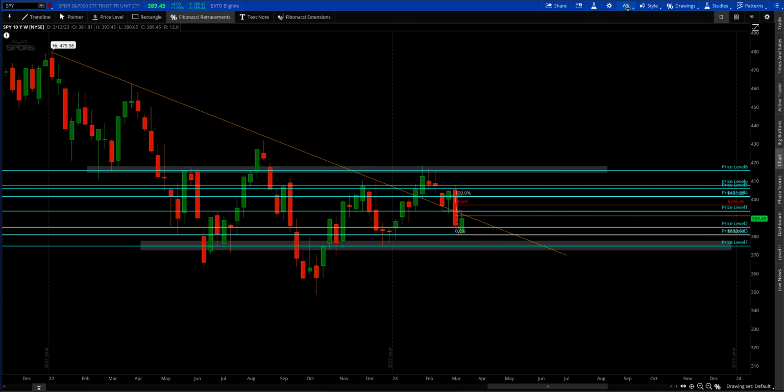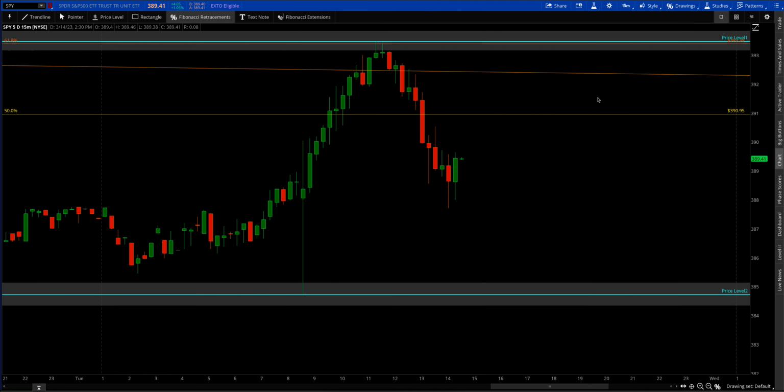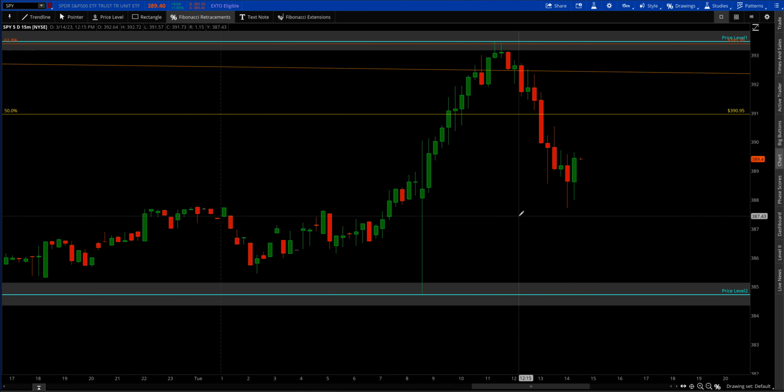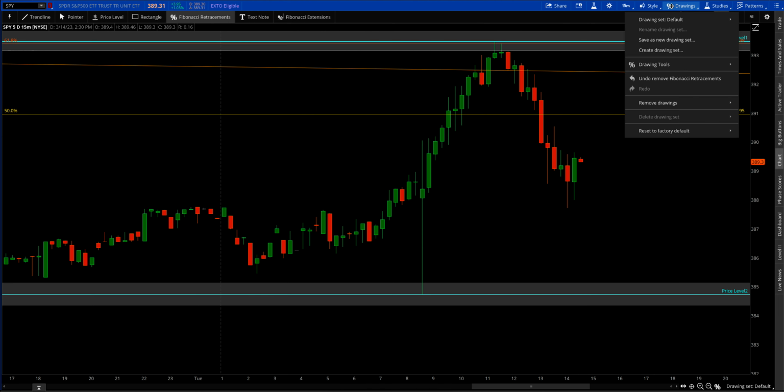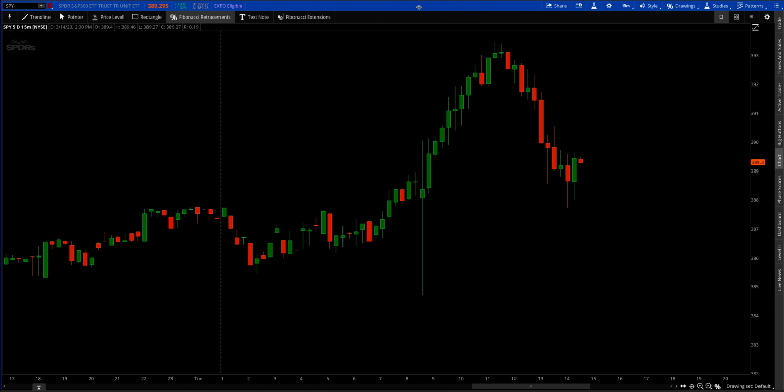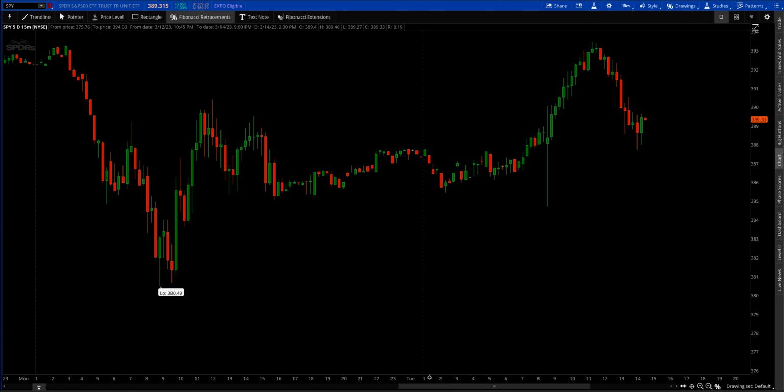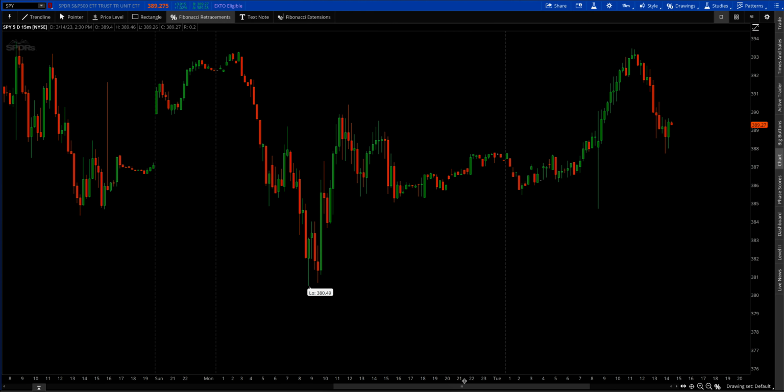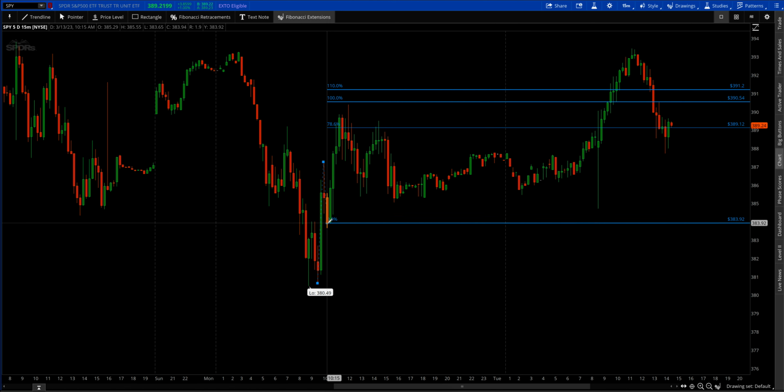Let me go back to an hourly chart or 15-minute chart. I'm going to see if I can show you guys how I draw and use my fib extensions. Let me just remove all these drawings, clear this up. And let's go right here. It's my fib extension. I'm going to go from this pivot low down here, you start with, work your way up here to this pivot high, then the retracement